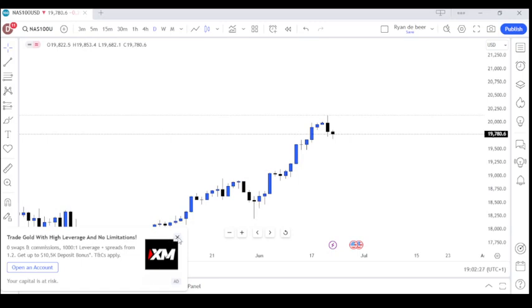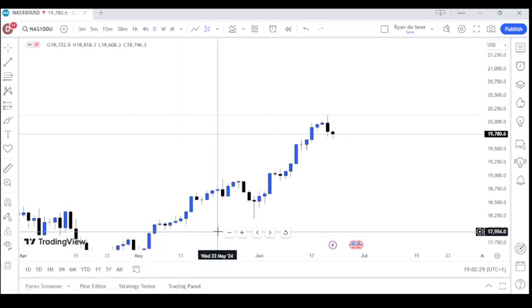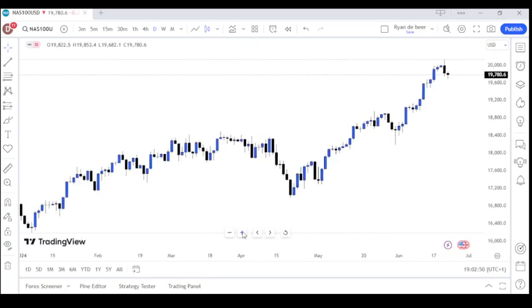This is just an analysis of NAS 100 and XAU USD, which is gold. So yeah, this is just going to be an analysis of my overall weekly analysis, something I would be looking at for the entire week, just an idea mostly. So yeah, let's start on the